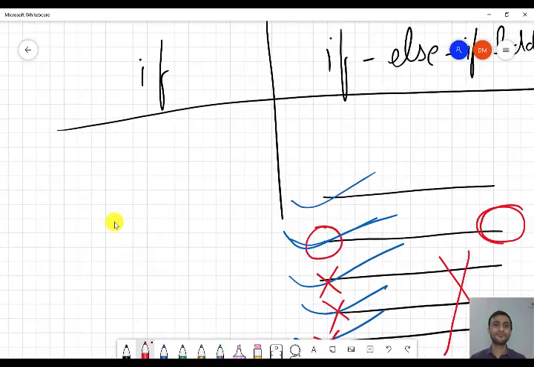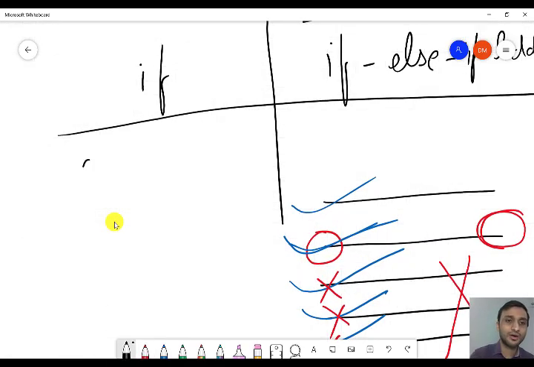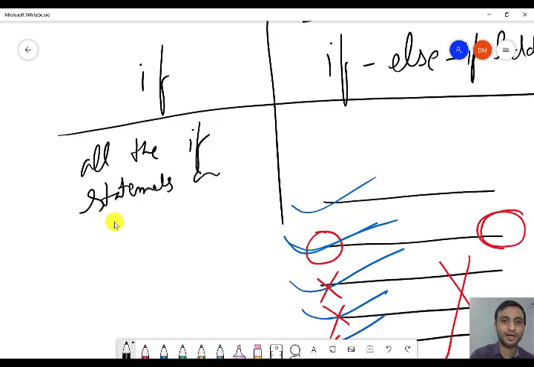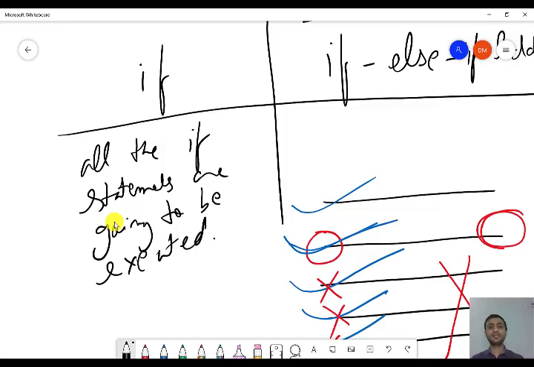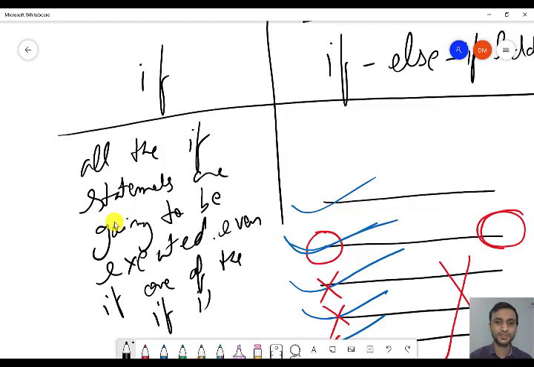So in simple if, all the if statements are going to be executed, even if one of the ifs is true.